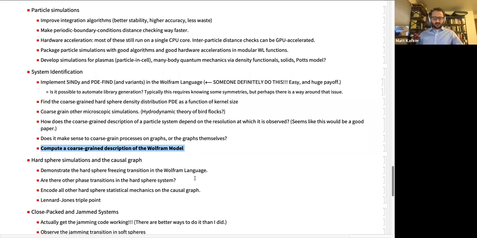I know that Stephen has been talking a lot about experimental implications of the Wolfram model. This seems like one way to generate predictions. I don't know if it's the only way. Again, I don't really know a lot about these models, but I find it hard to imagine that you're not going to be doing some sort of coarse graining if you're trying to generate predictions that can be measured in an experiment or in some sort of cosmological observation. So that seems like a really good exercise if you can think about how to do it.